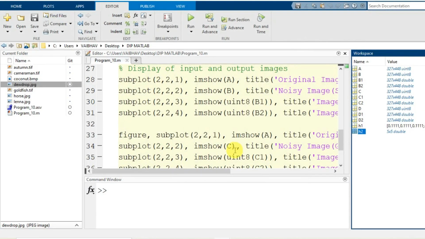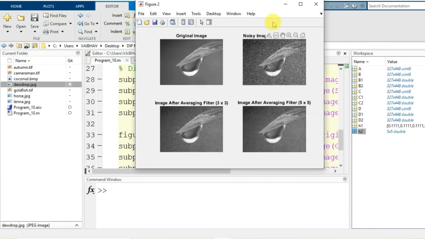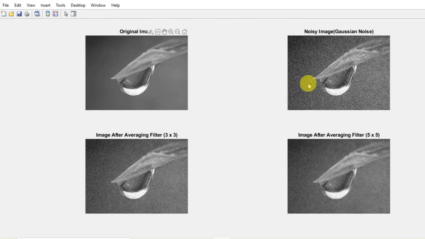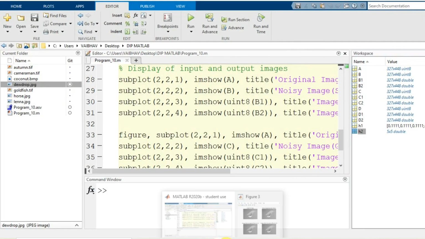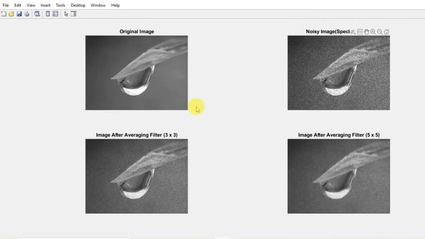I just close this. Now going to the second subplot. In the second subplot here we have the original image. This time the original image is affected by the Gaussian noise. Here you just check the changes as compared to the earlier salt and pepper noise and the corresponding results after undergoing the averaging filter of the dimensions 3 by 3, the H1 mask, and 5 by 5, denoted by the H2 kernel or H2 mask you can say. And the last subplot here, I maximize. The original image is the same. This time it has the speckle noise. This is a different kind than the Gaussian and the salt and pepper, and these are the resultant images here.